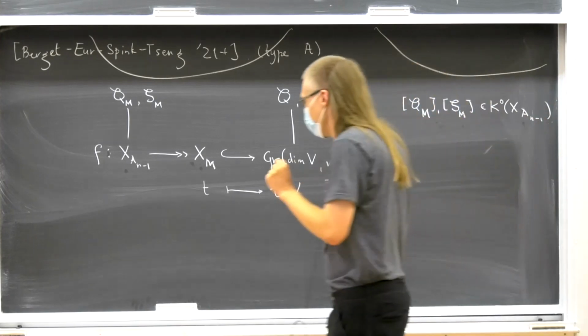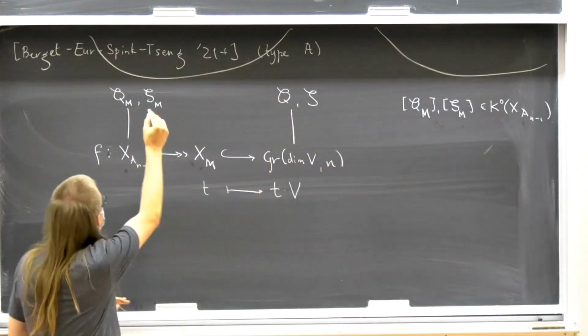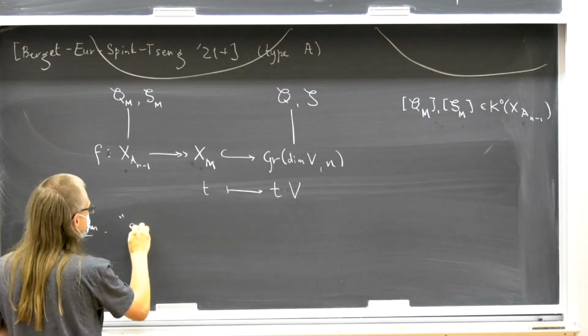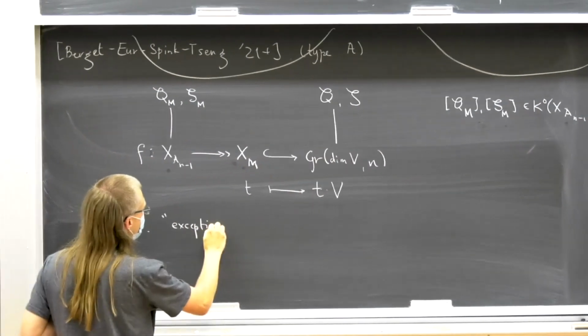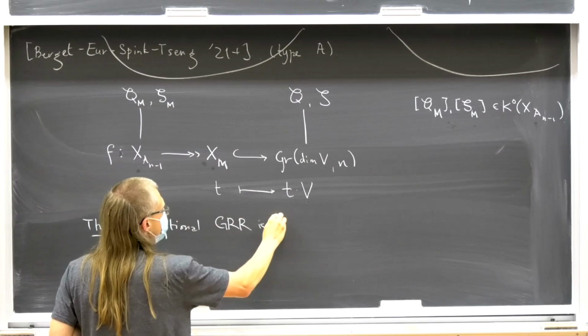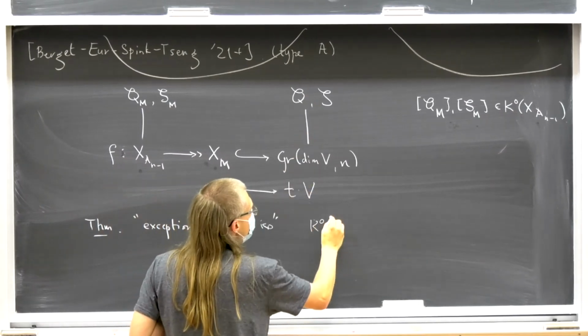In particular, I'd just like to mention the key technical element just because I love it. In particular, one of their theorems is kind of an exceptional Grothendieck-Riemann-Roch isomorphism between this K-theory ring